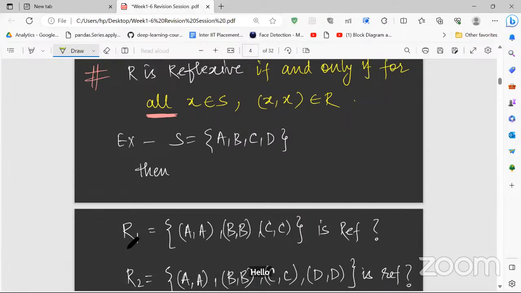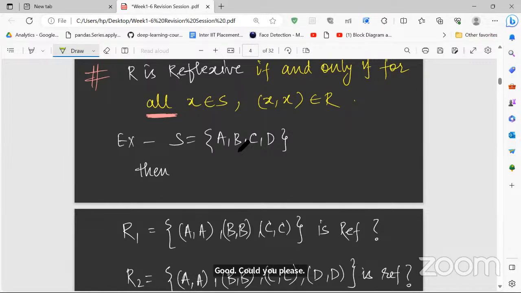Any confusion anybody is having, please ask me. This is the most important concept that we are discussing from week 1. If you are able to know these three or four things, I guess you'll be able to solve problems from this. So what is an identity relation? I'll discuss that, but first discuss this. I'll go through each and everything. Could you please explain one more time?